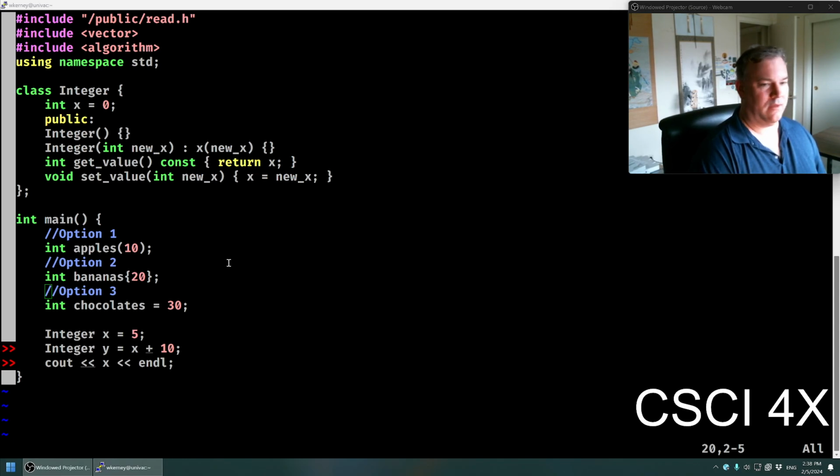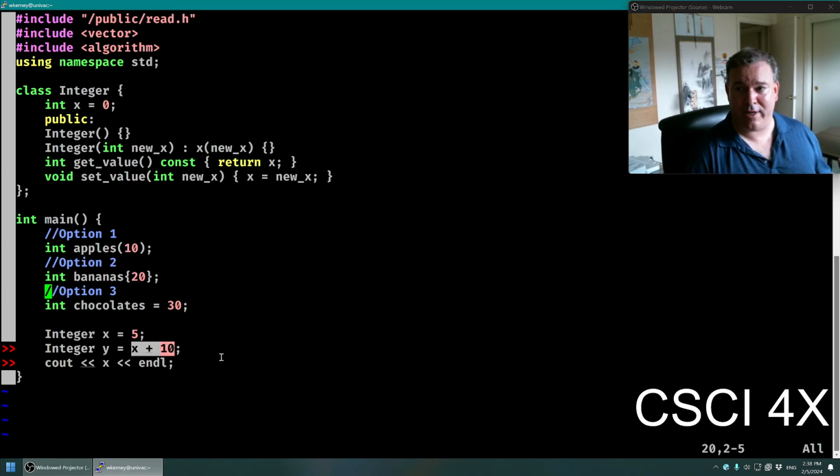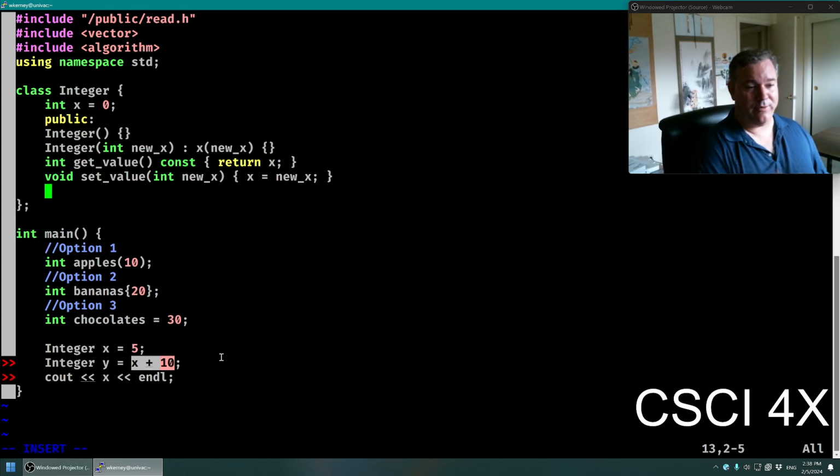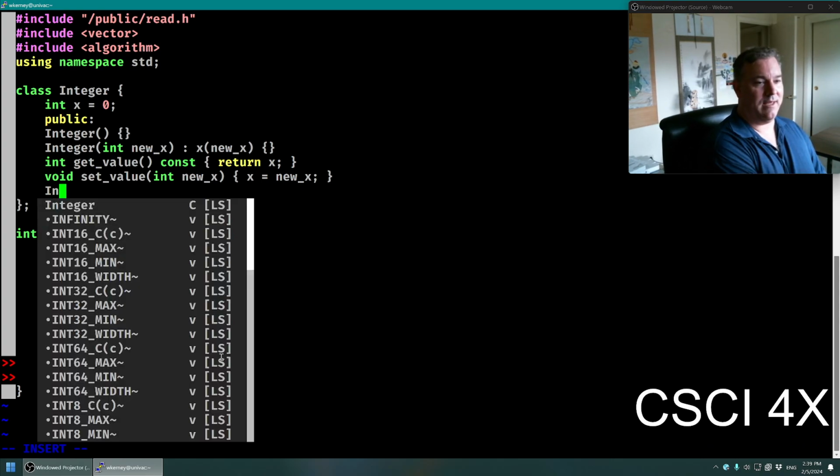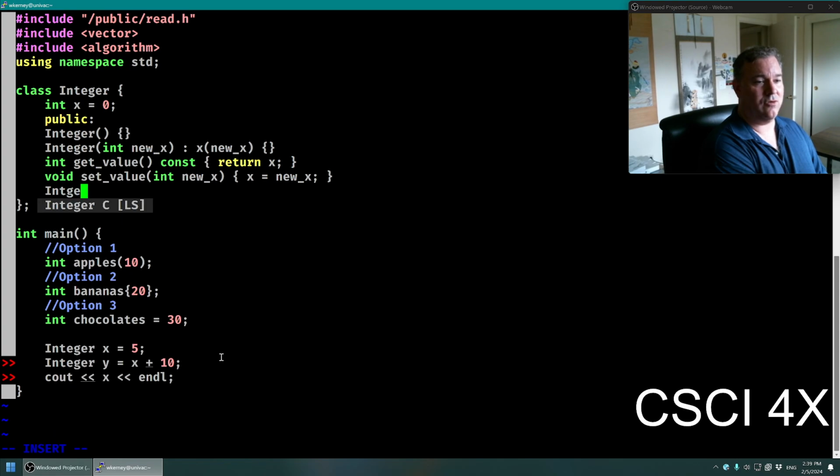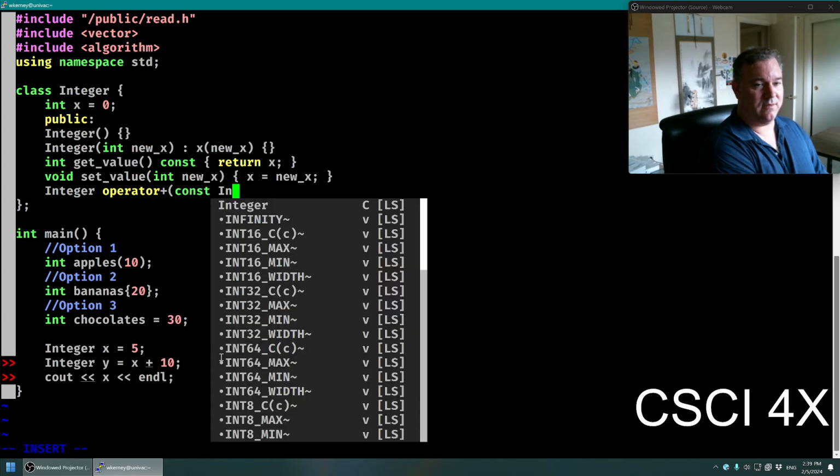Cool. All right. So any operation like this, where you do an addition or subtraction, oh, the frame rate, great. Anytime you do an operation like that, you have to tell C++ what happens when you see that operator. Okay. So if we want to be able to, let's say, add two different capital I integers together, we have to make an operator integer operator plus that takes in a const integer